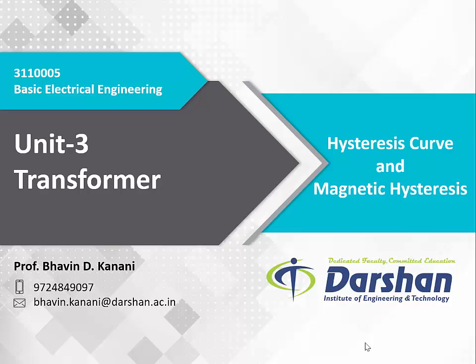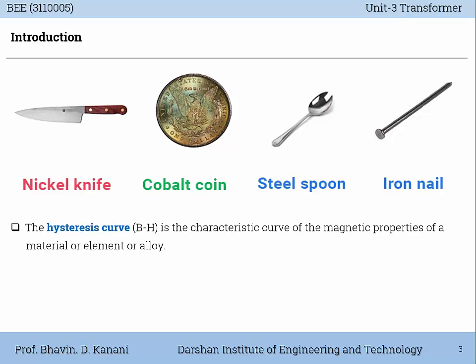Namaskar friends. In this video, we will learn about the subject Basic Electrical Engineering, Unit number 3, Transformer. The major topic is hysteresis curve and magnetic hysteresis. Introduction. The hysteresis curve, that means BH curve, is the characteristic curve of the magnetic properties of a material or